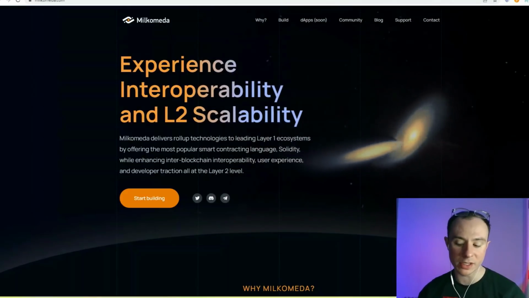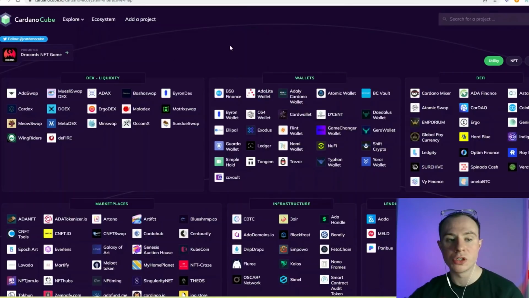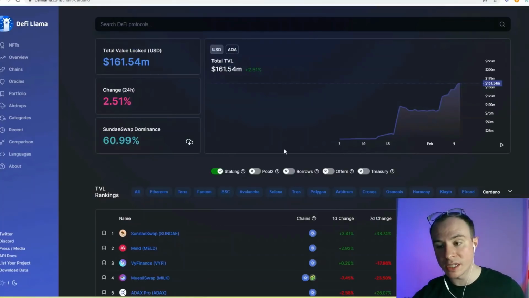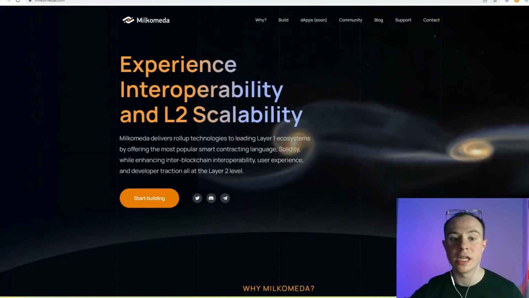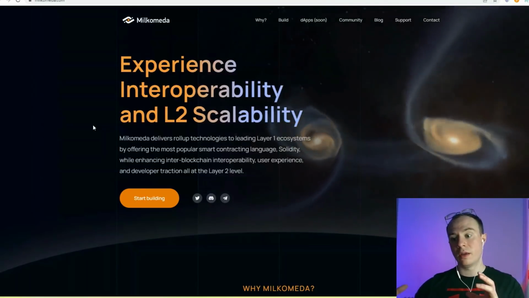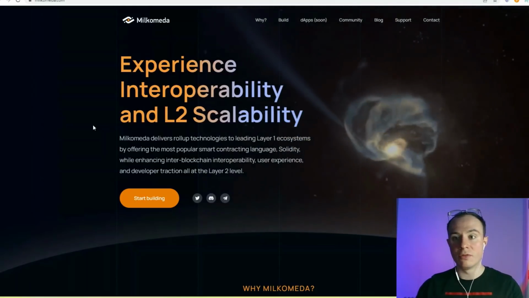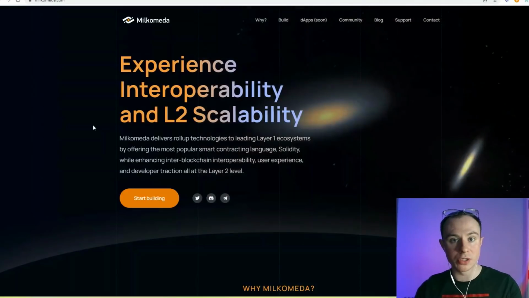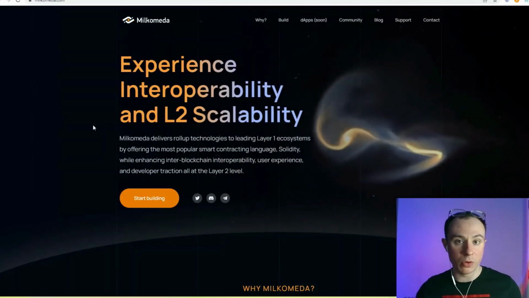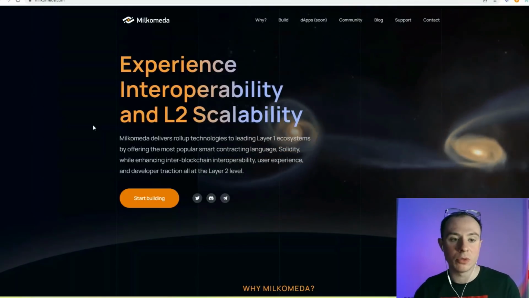The reason I bring this up is that we've often spoken about the amount of usage and utility. For example, we spoke about total value locked and how we were going to see it get into the billions, hundreds of millions, and so on. But not only is the dApp ecosystem going to bring a lot of usage and utility for Cardano, there are many other ways. What Milkamedia are doing is another one, by bringing Cardano to the cross-chain realm. One benefit is Cardano can gain more exposure to larger liquidity pools. There's a number of things. We'll break it all down. We'll talk about what Milkamedia are.